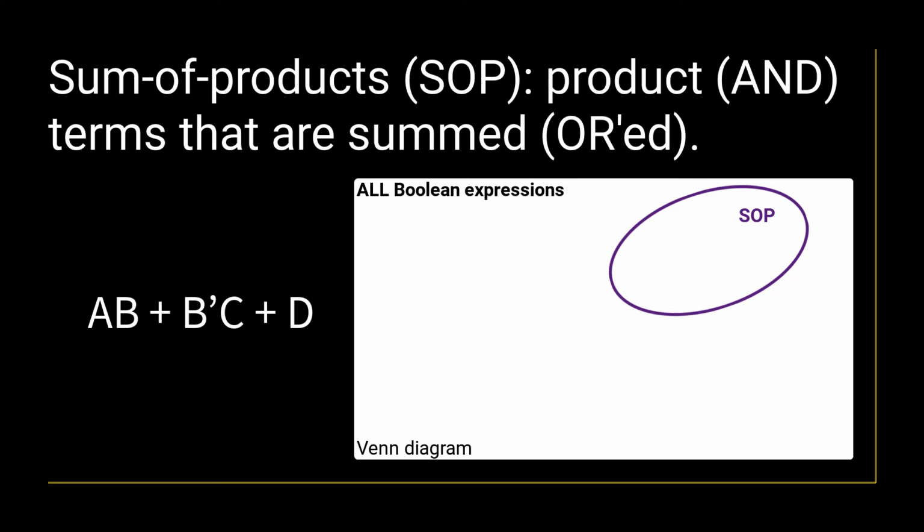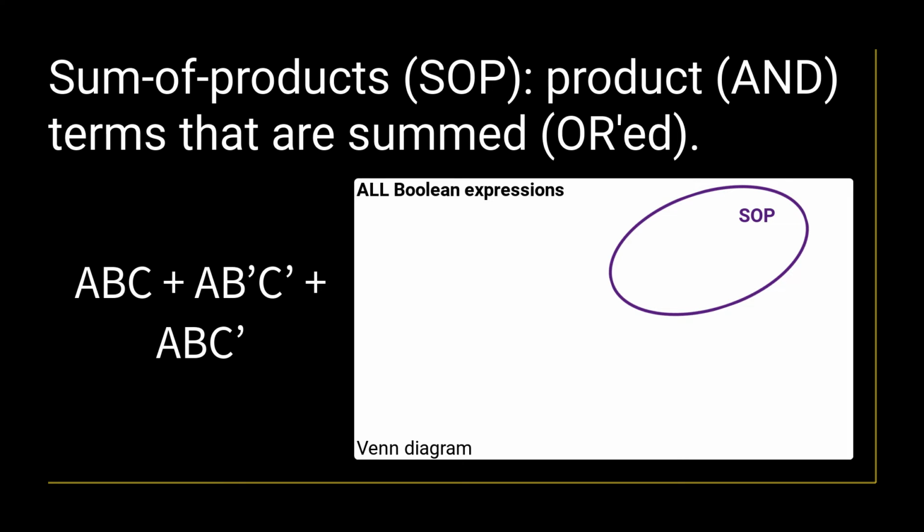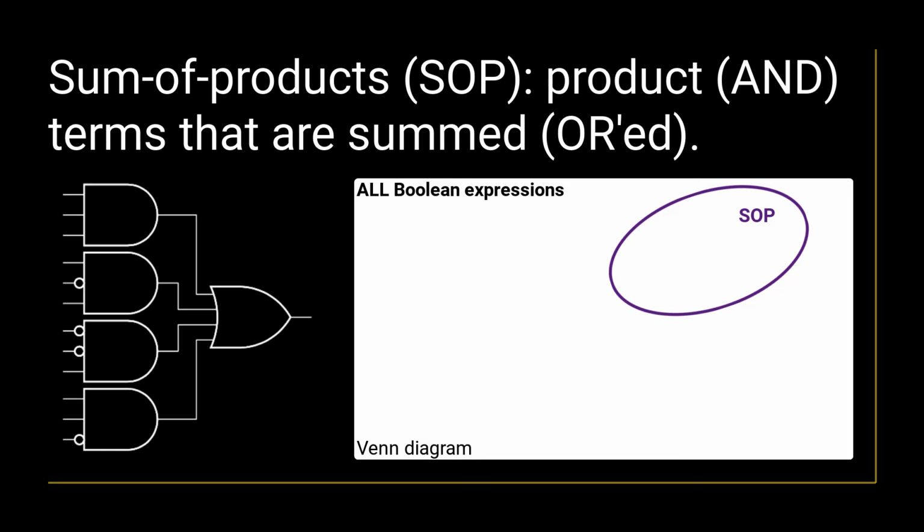together. AB plus B prime C plus D is an SOP expression. ABC plus AB prime C prime plus ABC prime is also an SOP expression. Expressed as a circuit diagram, an SOP expression can be identified by having AND gates feeding into a single OR